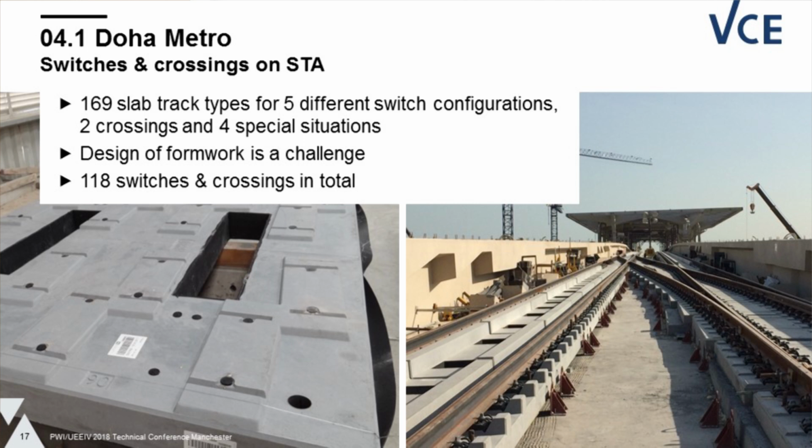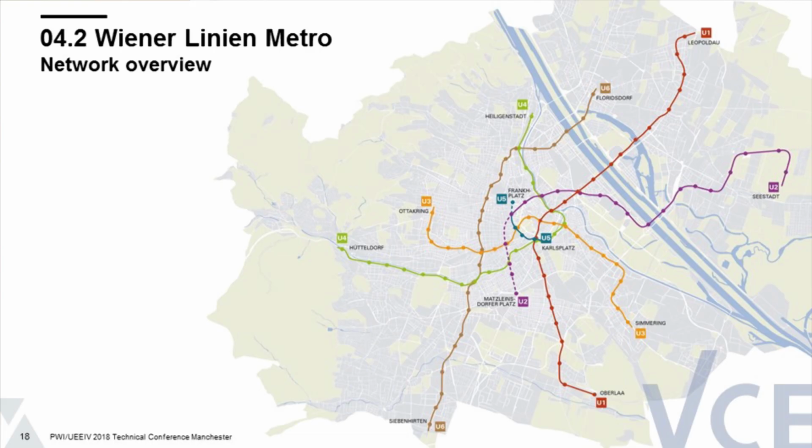So now I will jump to Vienna once again. This is the metro network in Vienna. It was developed within the last 50 years. There were some historical lines like U4 and U6 that got transformed to metro lines 50 years ago. And the first line to be installed was the U1. And it was the first real metro line where a ballastless track system was implemented.